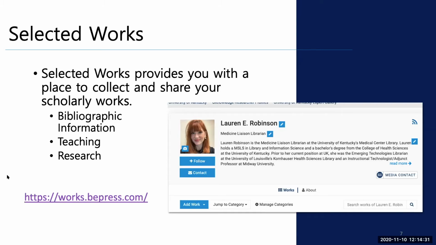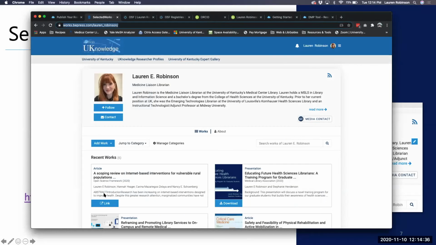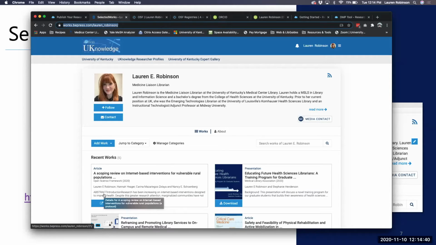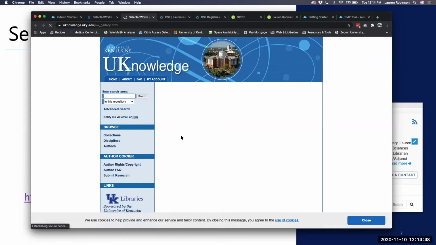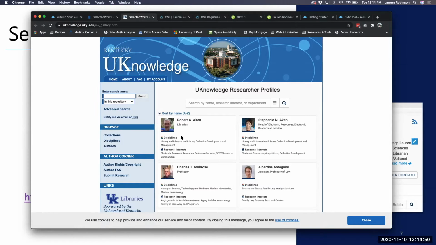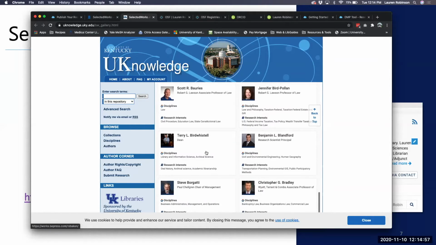So I'm actually going to show you all my Selected Works. So here's my Selected Works account. This is the back end. There's also a front profile. You can actually search for researchers as well. So if I open up that, you can see that it's going to take me to UK Knowledge because they're affiliated products. And you can go through and you can see all the different researchers at UK who have a